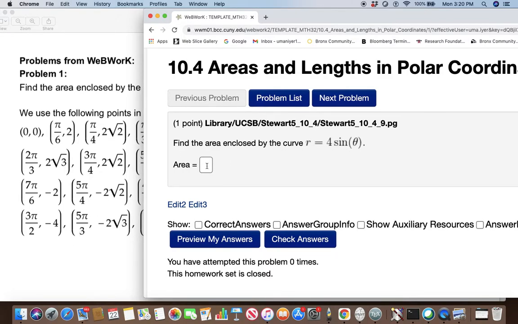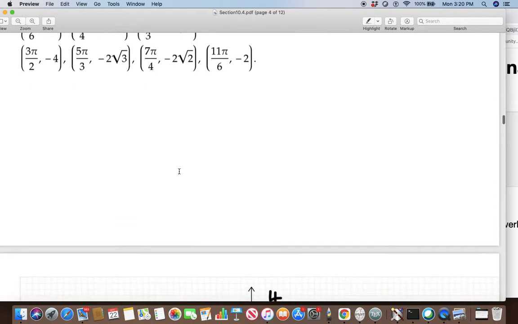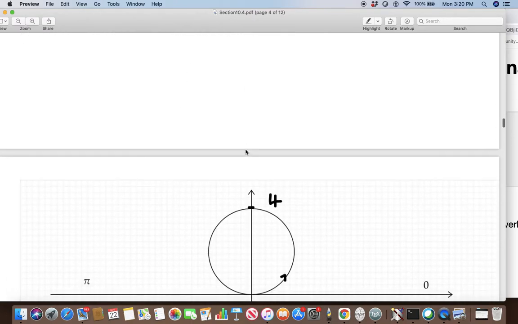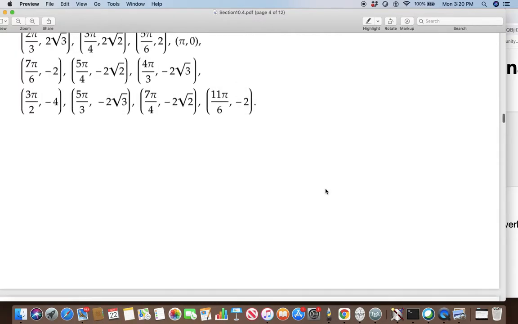Alright, so we don't know the picture, so let's first draw the picture. So r is 4 sine theta. Use the standard theta values and find the corresponding r. Using these points, you draw a curve. So notice this curve